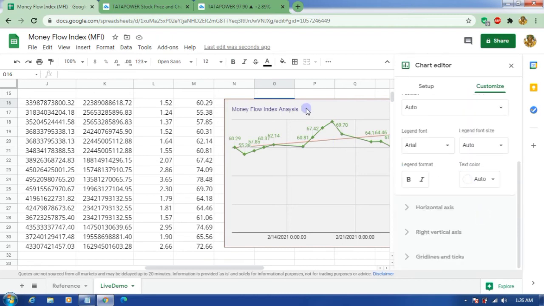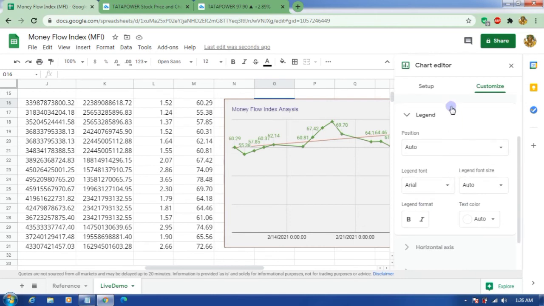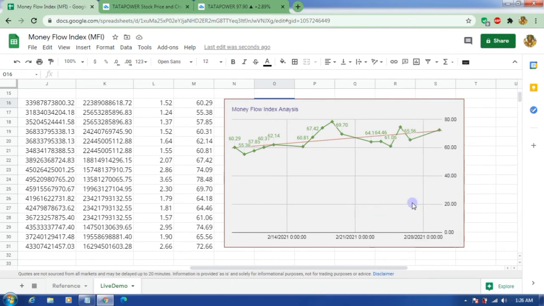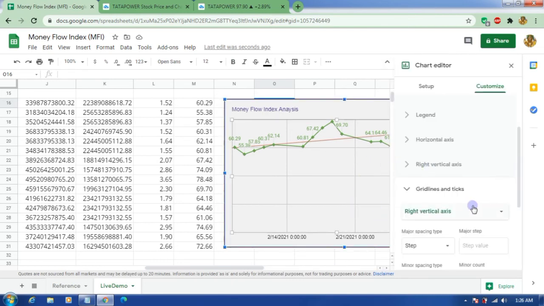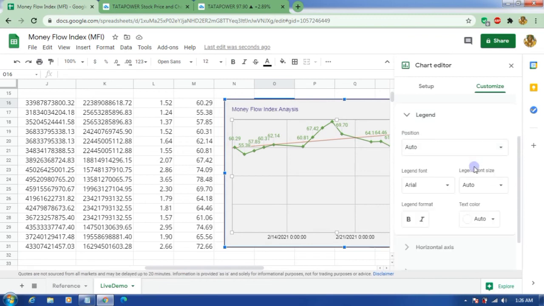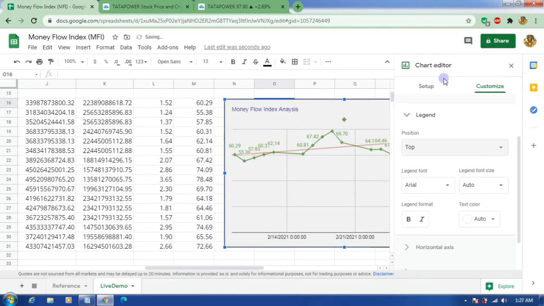Okay, then the legend, the position is auto. Currently let's close this one. So the position is auto, it's not actually displaying any legend here. So let's go to legend section. I want to have that legend on top. See, there's a legend on top.